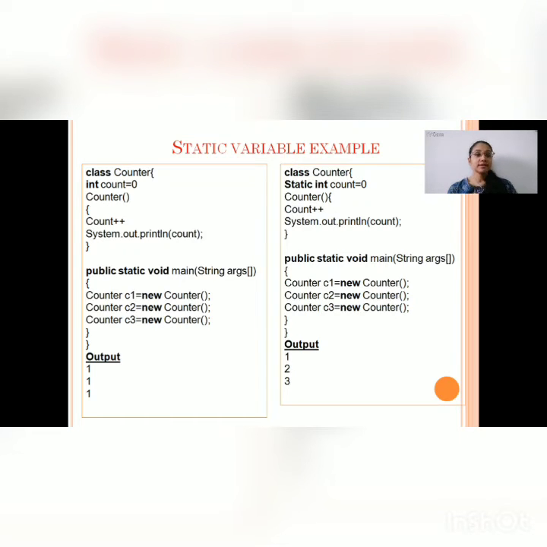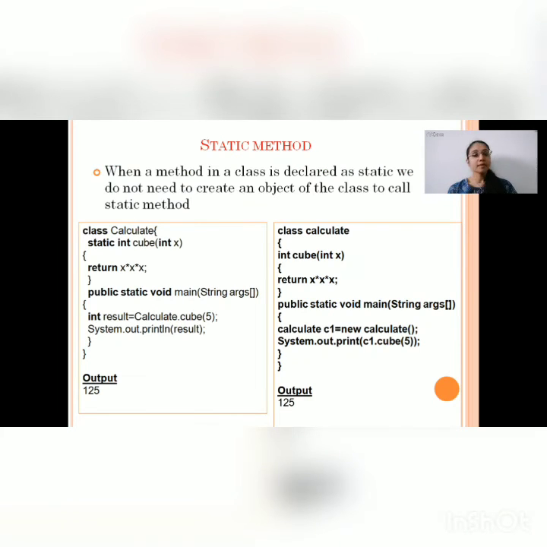Next, let's see an example of static method. When a method is declared as a static, we do not need to create an object of a class to call this method. Here I have created one class calculate.